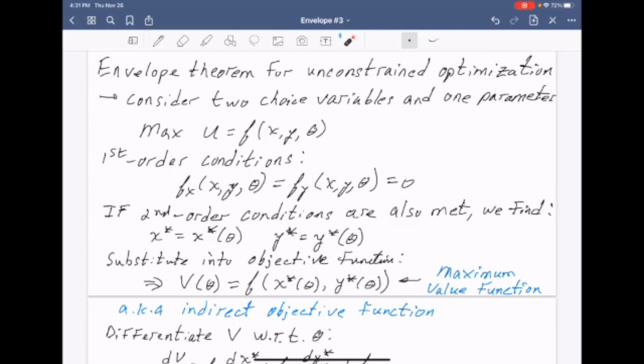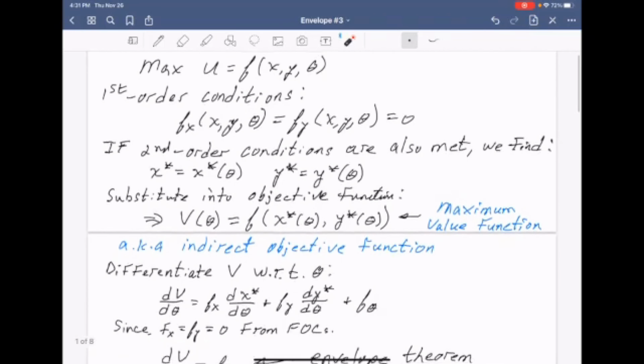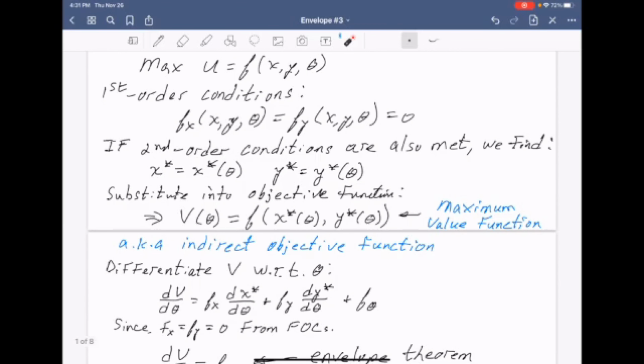This is a result we've had before. If the second order conditions are also met, we find that x star, the optimal x, is a function of the parameters theta, and the same thing for y as a function of the parameters as well. And these we've called the